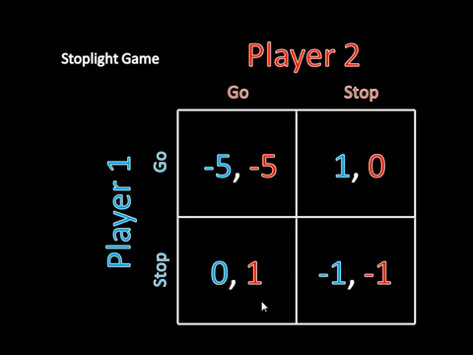But if one of them goes and one of them stops, that's either of these two outcomes here, then the person who goes, in this case player 2, gets to her destination on time and in the fastest possible way. That's great for her. And while player 1 doesn't do as well because he has to stop and yield for player 2, he at least immediately gets to go after player 2 goes, so it's fast for him.